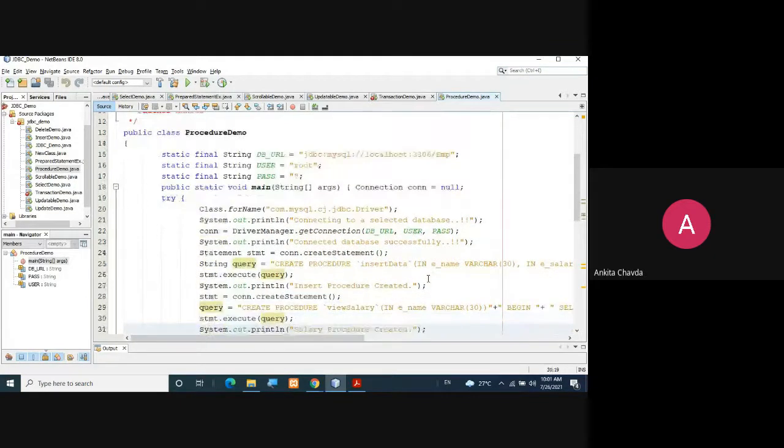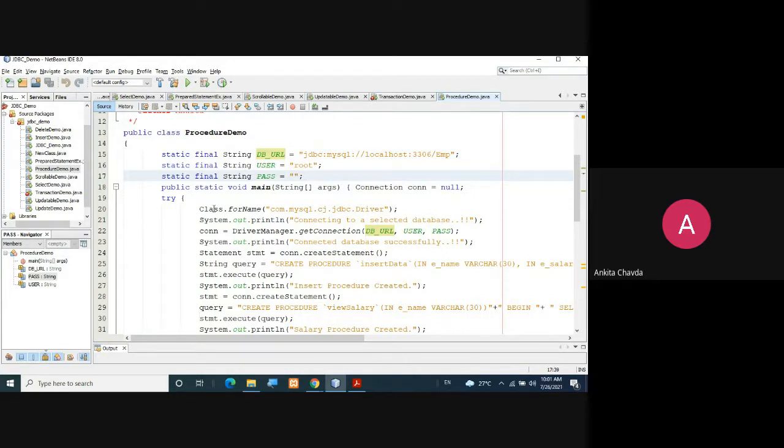See here, I've taken this procedure demo, right? The database URL you need to change, because you have to create one employee database. So in the employee database, I've created one table here. So this is what I'm giving here, EMP. EMP is nothing but my database, and the username and password will remain the same.